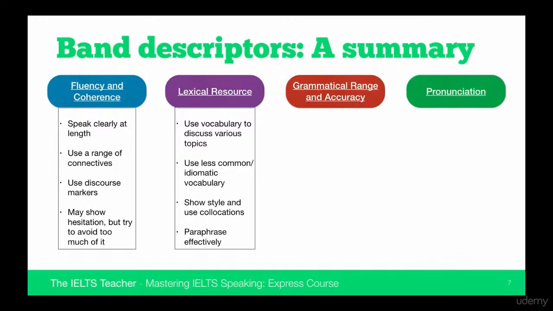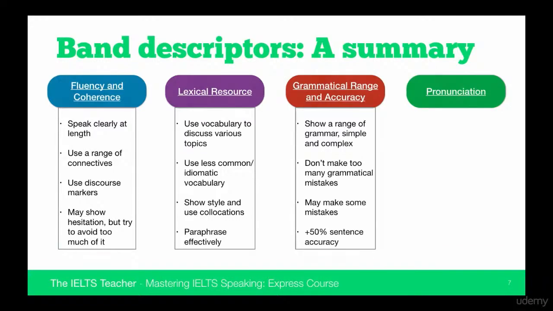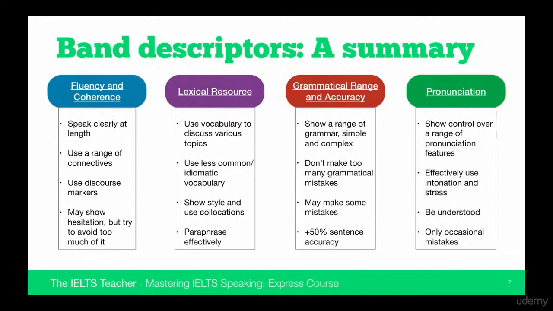Both simple and complex. Don't rely too much on these simple sentences. Don't make too many grammatical mistakes, but don't worry if you make a few. You are allowed to make a few mistakes, but you should aim for a minimum of 50% sentence accuracy. And for pronunciation, try to show control over a range of different pronunciation features, different sounds for different consonants and vowels. Effectively use intonation and stress